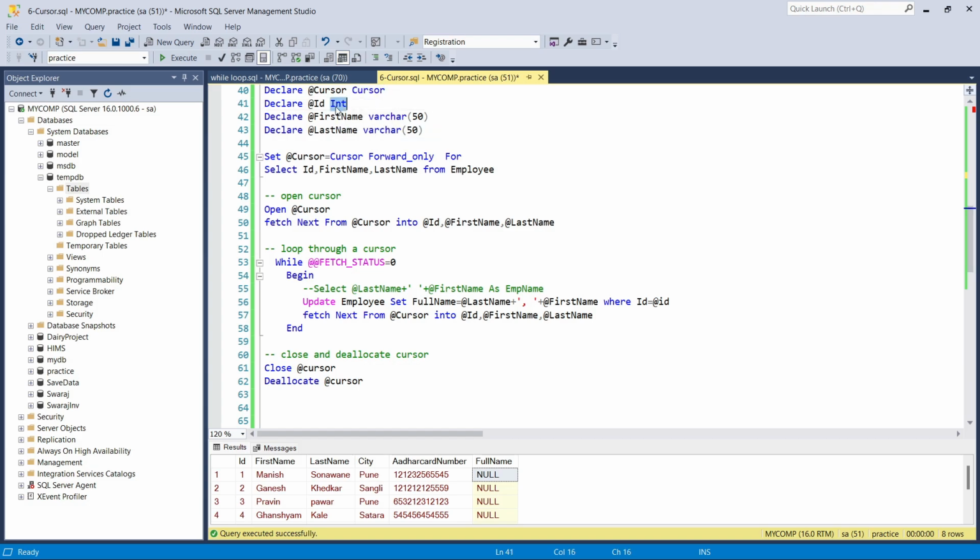Like say there is an integer, then there is a varchar. So here is also data type. We have to create the @cursor as an object for the cursor data type. Got it? And next thing,